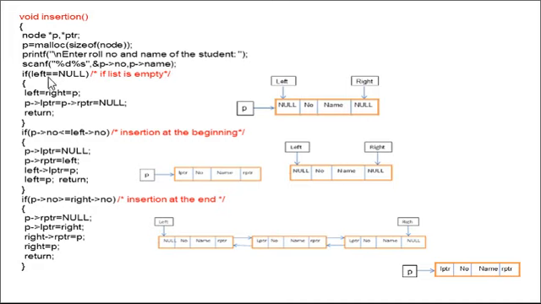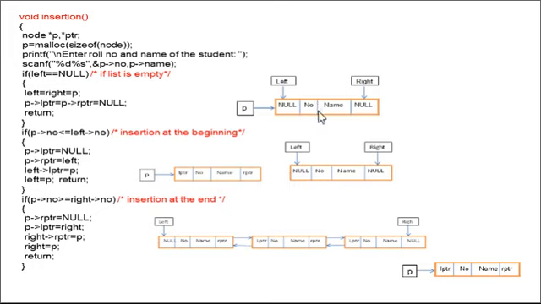Okay, so now we will see all the cases one by one. If left equals null, what is the meaning of left? Left is a pointer which always points to the leftmost node. So if this condition is true, that means left equals null, that means the double linked list does not contain any node. That means the list is empty. If the list is empty, but we are writing the code for the insertion operation, that means we are trying to insert one node. If the list is empty, the newly inserted node is the only node in the double linked list. So this will be the only node.